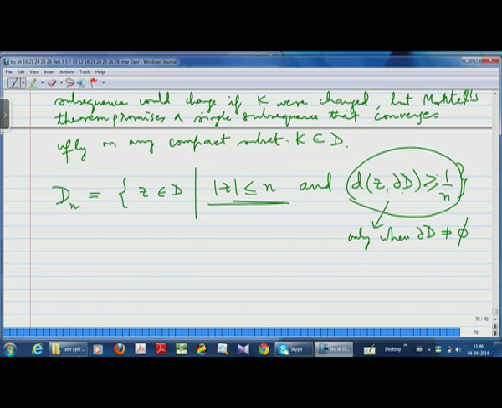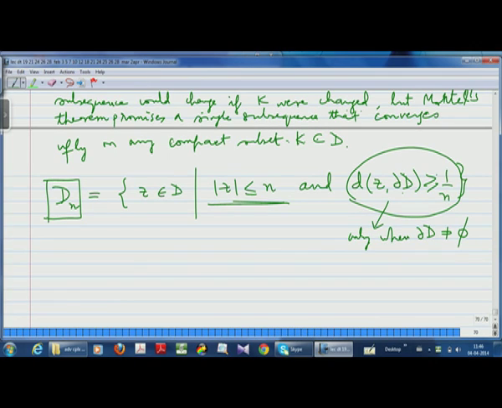So what is it that you are doing? The reason why we put this condition is because you can't include everything in D. If you try to include everything in D, you will have issues because D is open. Basically I want all these Dn's to be compact. So the fact is that D is actually the union of all these Dn's.